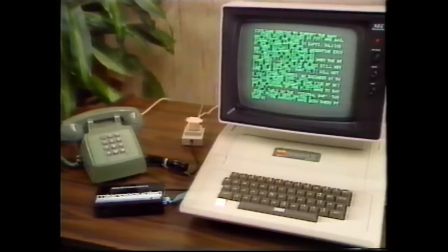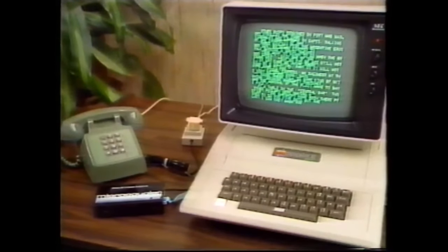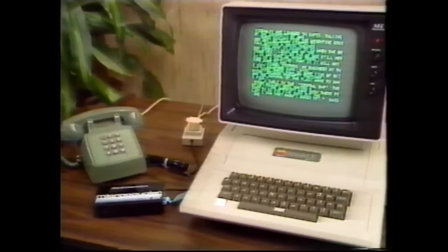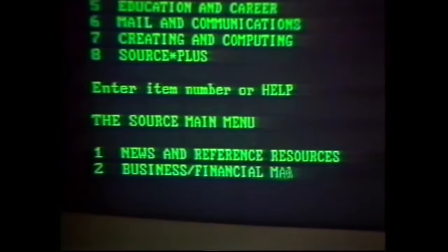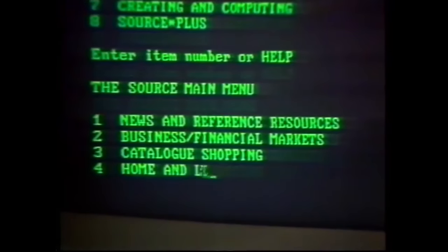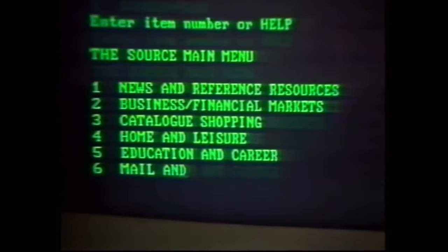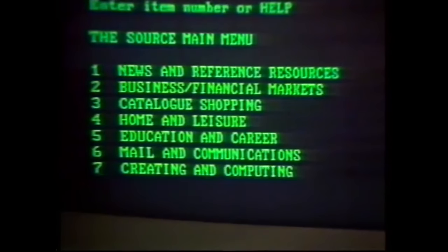That other computer can be another personal computer or a giant mainframe that offers a broad range of services to personal computer users. You may have heard of services such as CompuServe, The Source, and Dow Jones. They offer access to more than 1,000 databases where information is stored and available to you on your computer. You can get breaking world, national, state, and local news and sports from UPI, stock market quotes from Dow Jones, shop at home from a